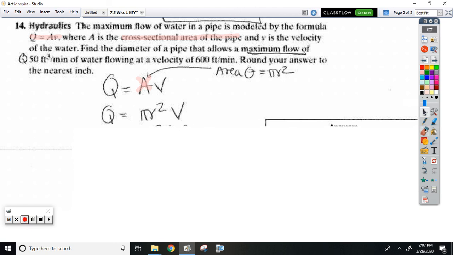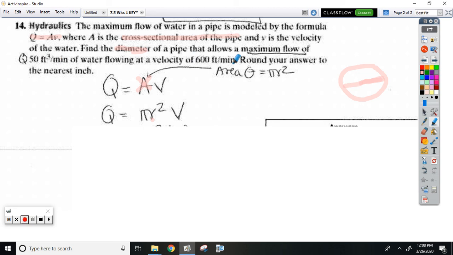All right, now they did give us some more information. They told us that V is the velocity. Now be careful, they do want us to find the diameter. Right now we have R in our formula. So at the end, remember the radius of a circle is half the diameter. So if we find the radius, we'll just have to multiply it by 2 to find out what the diameter is. All right, a maximum flow of 50 cubic feet per minute